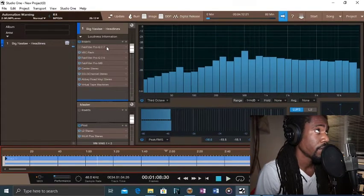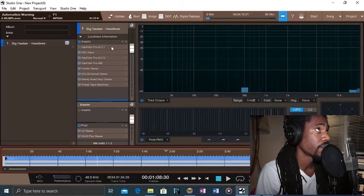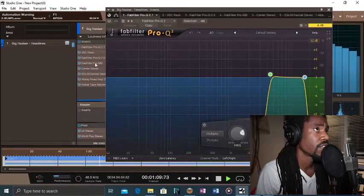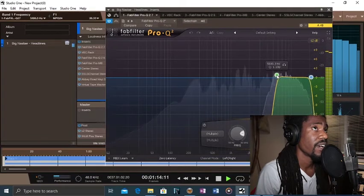Okay, so first thing you'll notice is I have a FabFilter EQ that is turned off right now, so it's bypassed. I actually use this when I'm listening to mixes, and what I'll do is I'll just make a filter. I'll grab both of those. I'll play my song, and turn it on, and then that way